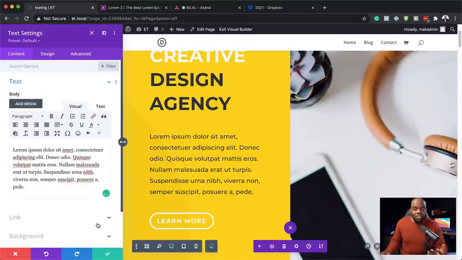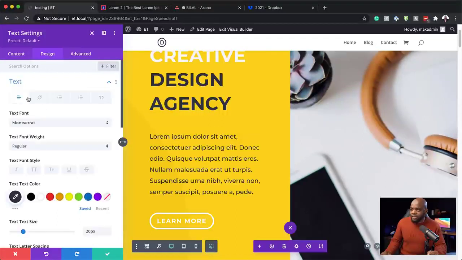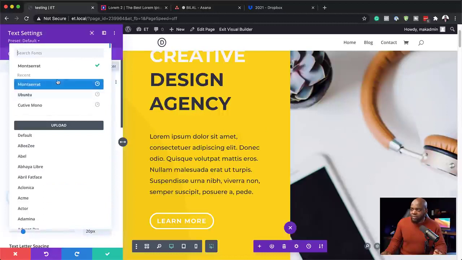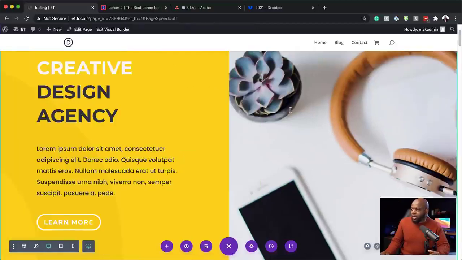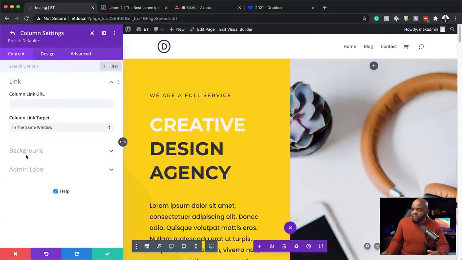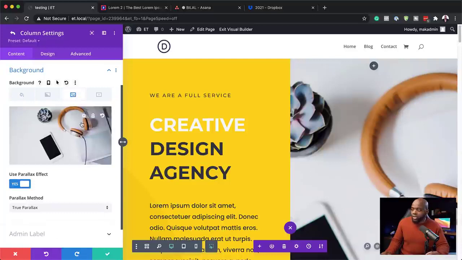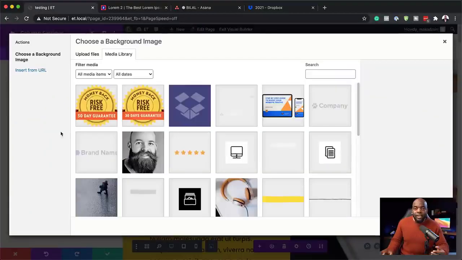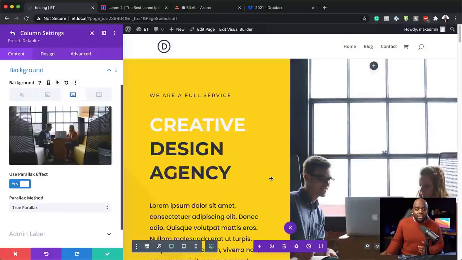Now let's say you want to change the font itself. All you have to do is to click here on design, text, then you can change your font to something like Poppins, and now your font has been changed. Let's say you want to change something else. Maybe you want to change this image right here. Click on this gear icon, click on column, and then you're going to go to your background. And then this is the image that you need to change. So I can just click in here and choose my own image that matches my branding. So I'm going to go with this one here, upload an image, and you can see my image has been